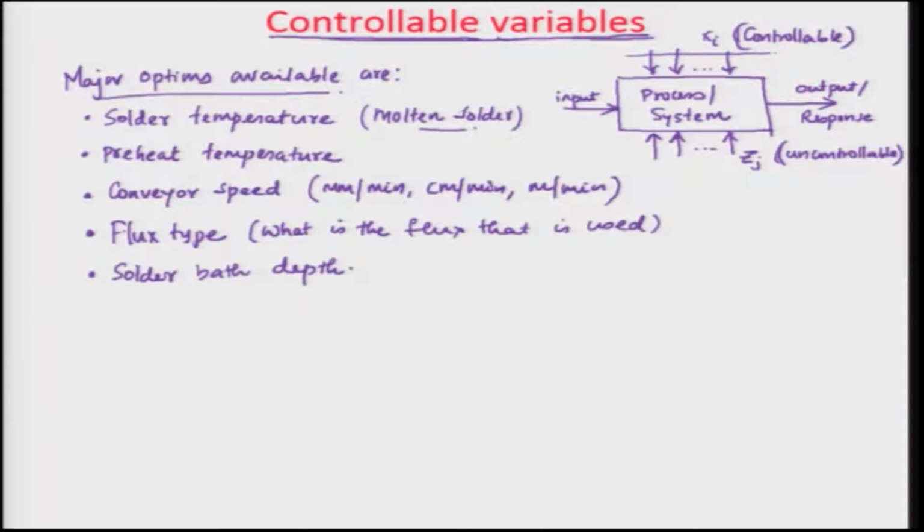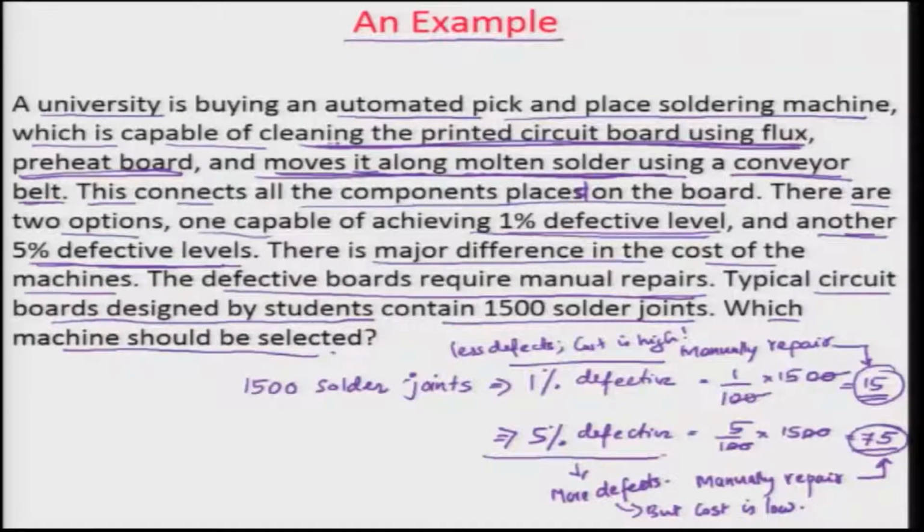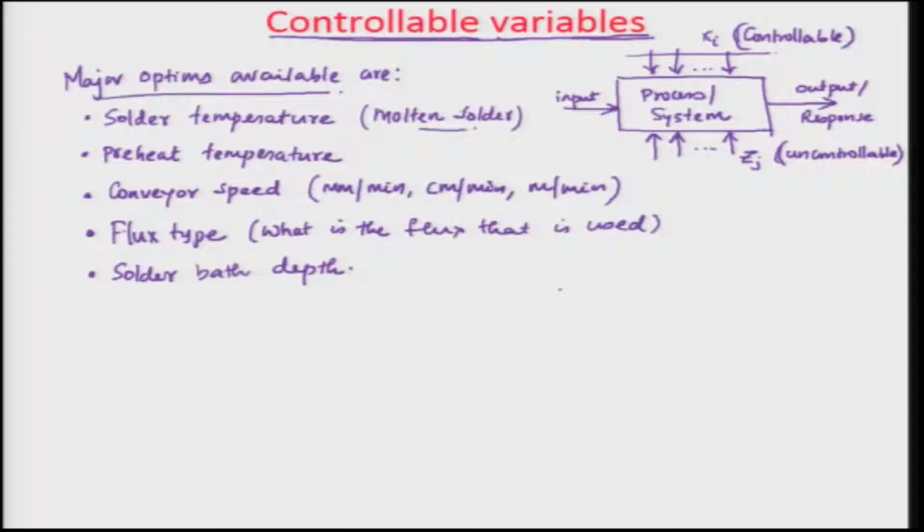Okay. So, or you can think about it as, what we are talking about here is, it basically moves along the molten solder. So, if you think about the system, it would probably be like you have a printed circuit board coming here, in which there are many components that are installed on this. It's a resistor, transistor, a capacitor with legs and other things on it, and then it gets into a molten solder. This is, let's say, your molten solder. So you might be interested in the depth of this, how much the molten solder would be, or it can also be called a solder bath depth. Okay, and this is your solder bath,